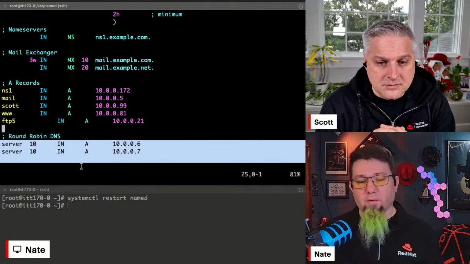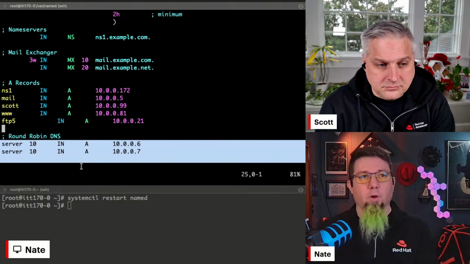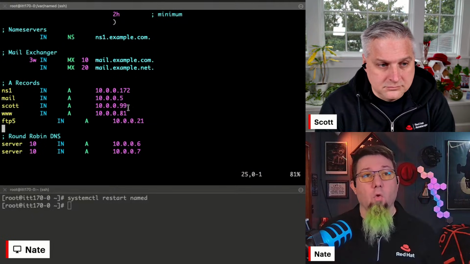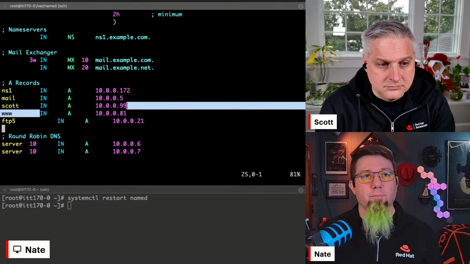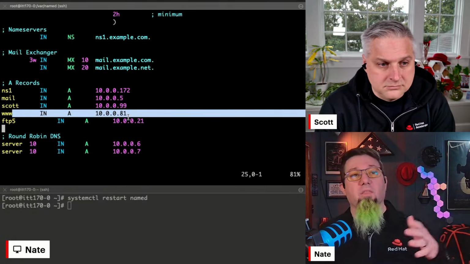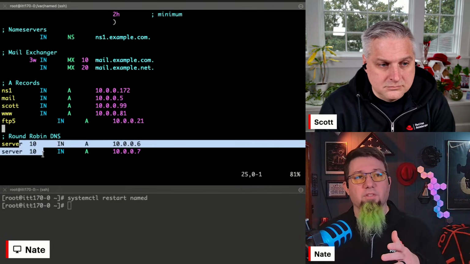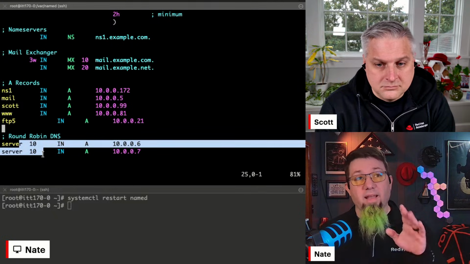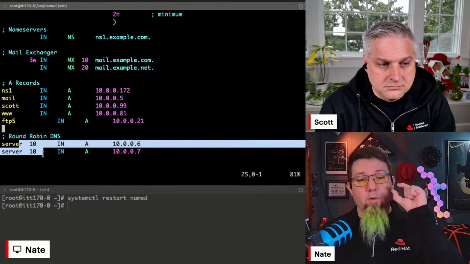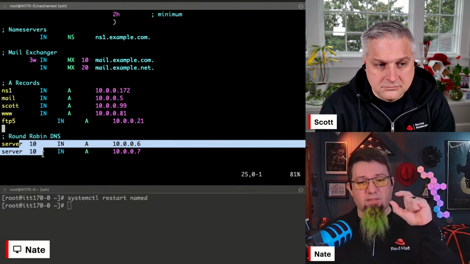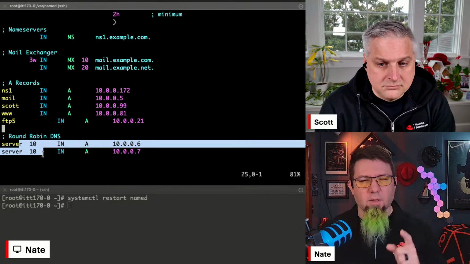These two entries that I have right here, I actually set up for another demo, but you notice, a normal entry has the host name, then these other pieces of syntax, and then the IP address where it's supposed to resolve to. On these two, I have this additional number that tells it, for these specific records, to set the time to live shorter. Right now, I think that's only 10 seconds, right? That's not milliseconds, right? That's correct.